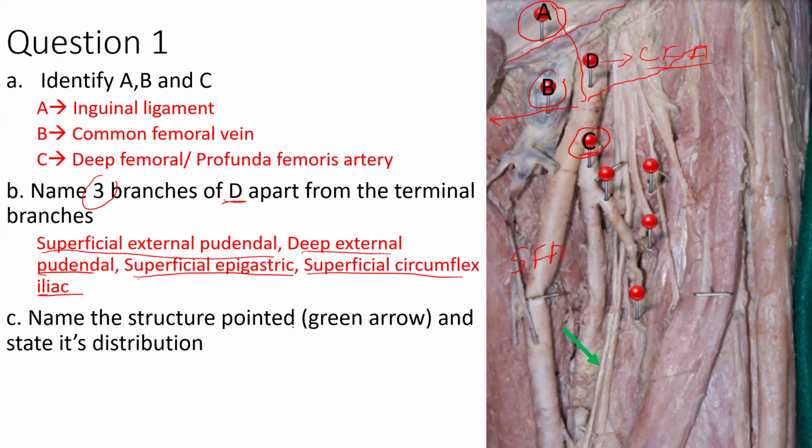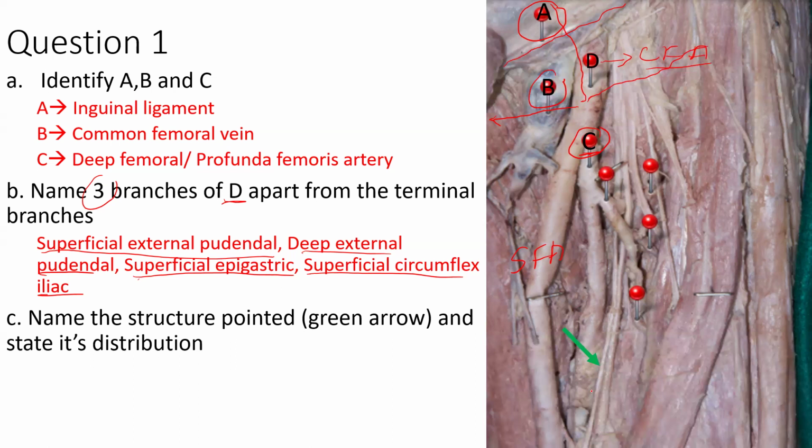Now, name the structure pointed by the green arrow. So I hope this is green, yeah. So this structure here, if you follow it, you can see it's coming from the femoral nerve, and it is a structure which is proceeding into the adductor canal, okay? So this structure most likely is the saphenous nerve, which is the only cutaneous